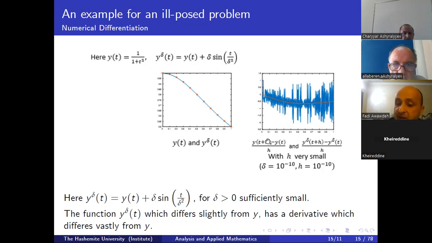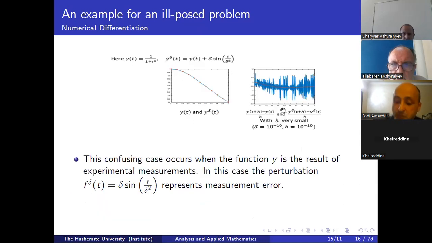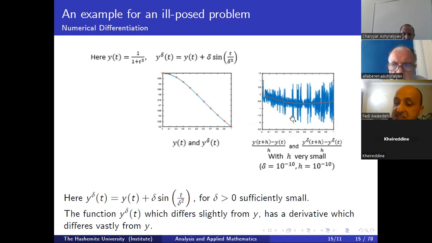Now, if we apply the forward formula for approximating the derivative, y of t plus h minus y of t over h, on y of t, we will get this derivative. But when we differentiate this function with the small perturbation, we have this function,